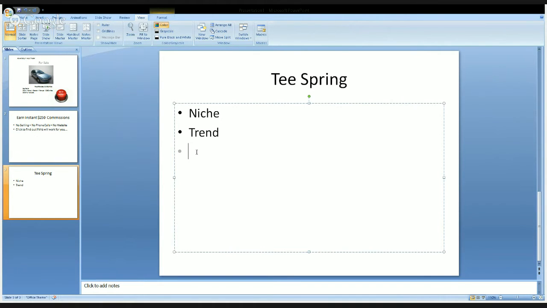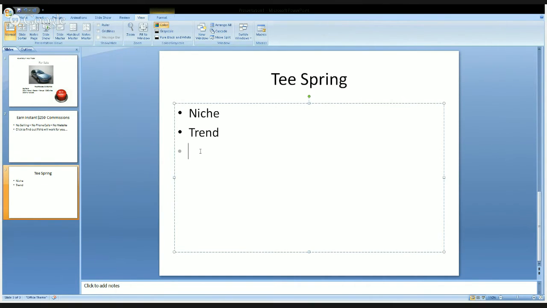So it might be, for example, in sports, what's going on? There's the Rugby World Cup. Rugby is something that I'm interested in. In fact, I might do something along these lines. There's the Rugby World Cup that's taking place later this year in the UK. And so that's something that's happening within the rugby niche. The trend is the Rugby World Cup, which is this year, starts in September, I think.